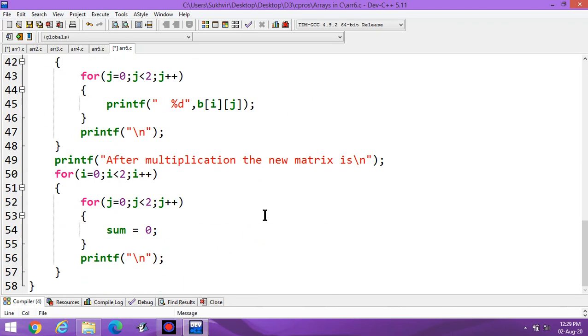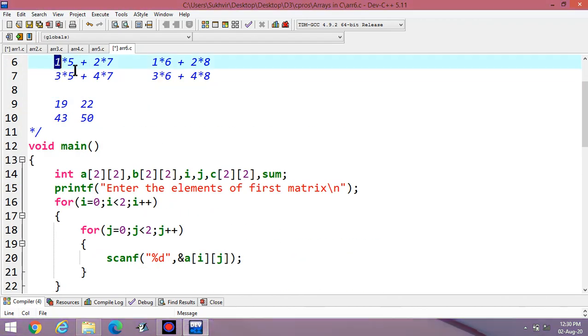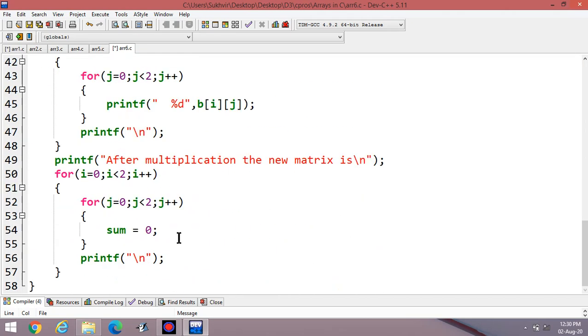It means I have to declare sum is equal to 0 because after operating the sum of these values, it will be stored into the new matrix. And after storing these values, again sum is equal to 0 so that I can perform the second operation again.